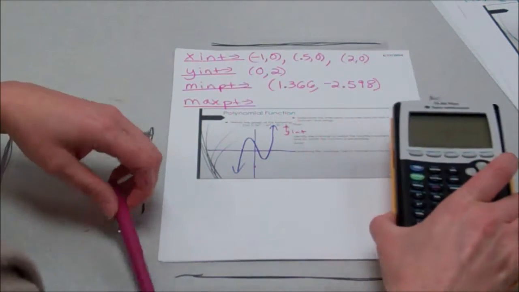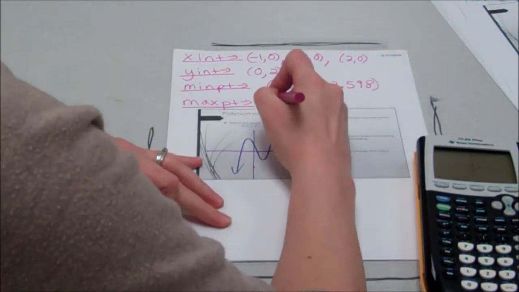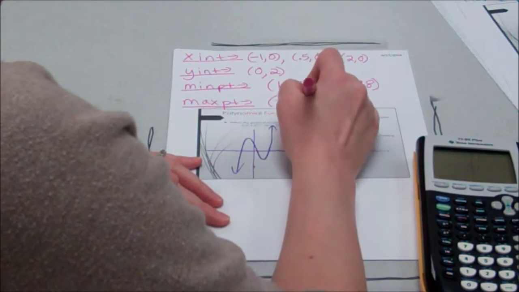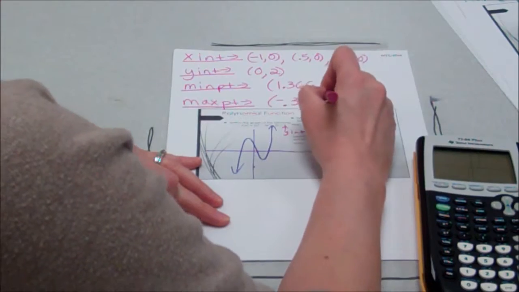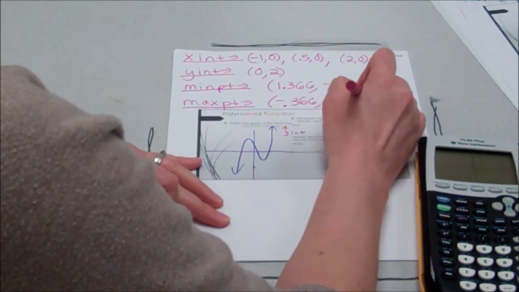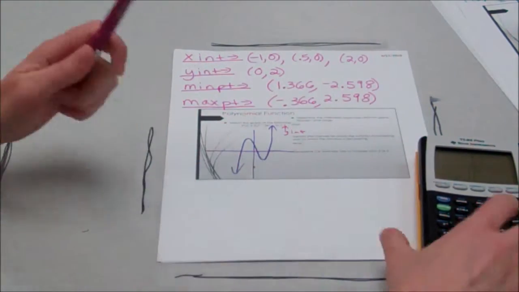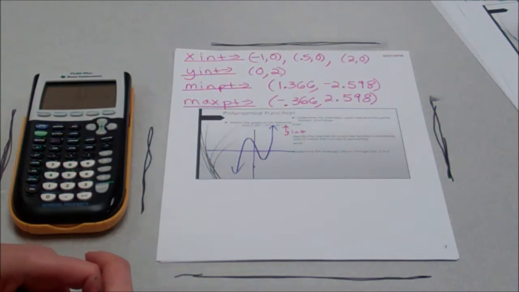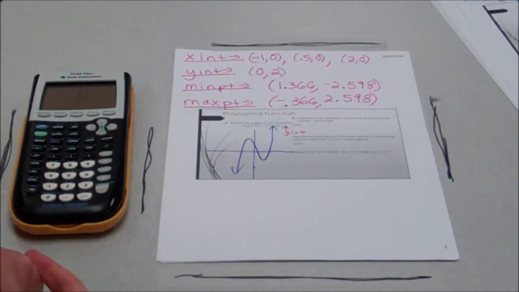Alright, another decimal. This one is -0.366 for x and 2.598 for y. A lot of times, guys, you will see a little bit of repeated numbers, and that's okay. That just refers to the fact that there's a little bit of symmetry in the graph, okay? Okay,